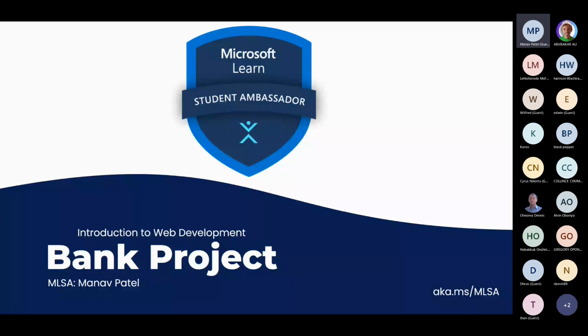So in today's session, we will be going through introduction to web development. And inside this, we will specifically build a bank project. And so as we get started,